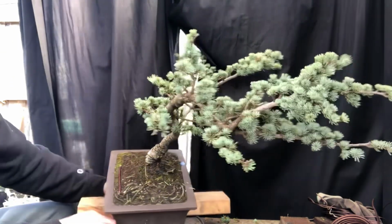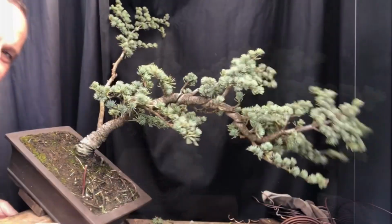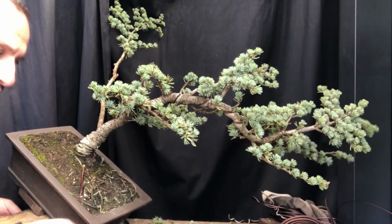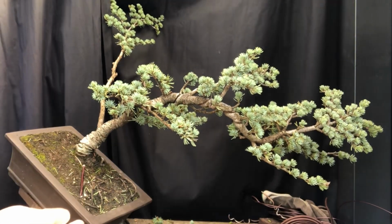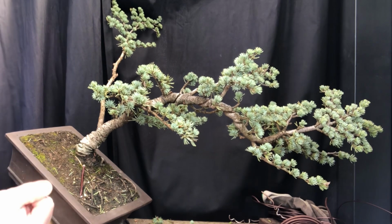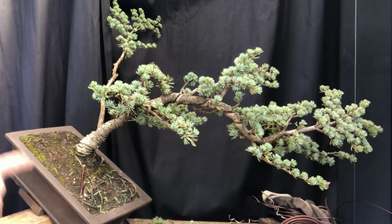So let me go to the right front, and I'll get you in the position like that. Hopefully I got that right. You can see this is pretty much straight now. So by tilting it over, I don't have to bend it as much. I don't have to bend the tree as much, which is good. I like this side a little bit better,